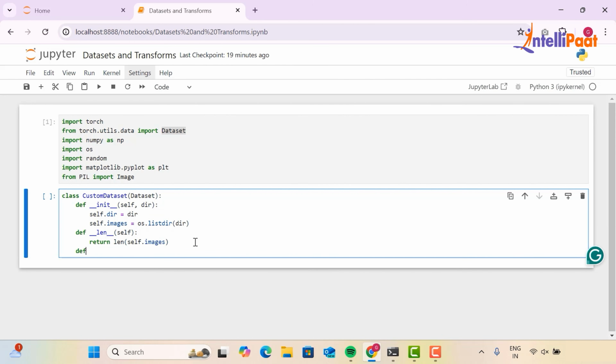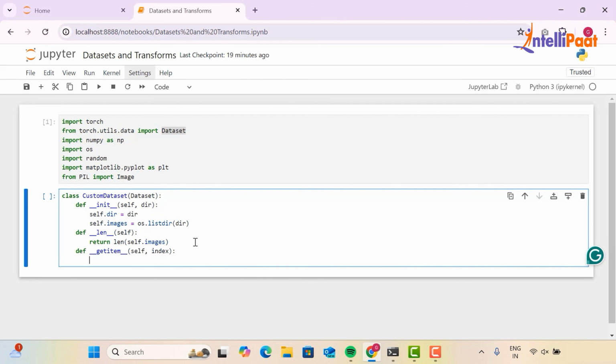The next dunder method would be __getitem__. Now this dunder method is going to return one image, whichever image occurs at the index passed. So we have to pass an index as well. We can do that by first specifying the image path, right? Now what we have in this images is a list of all our images. Now if we want an image at a specific index, again we'll be using the os library, and we'll use os.path.